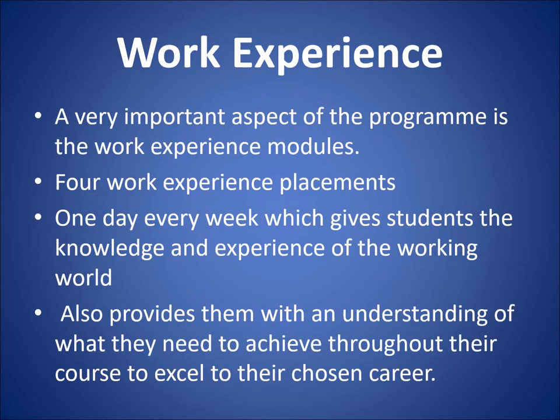So as I've mentioned, work experience is a really important element in the programme. They do different modules within that. So over the period of 2 years, they do 4 different work placements. So 1 per session, and the whole course is divided into 4 sessions. So 1 day each week, students learn the knowledge and the experience of what it's like out in the working world. It also provides them with an understanding of what they need to achieve throughout this course to excel in